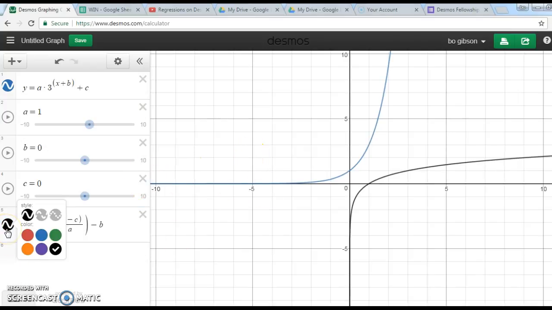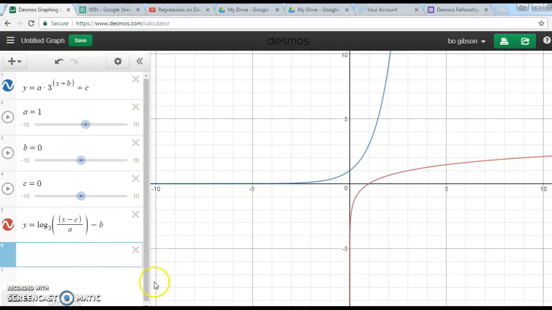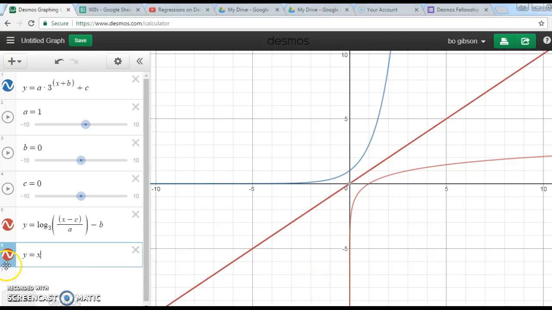And you notice I was very specific because I put the inverse. So we have a couple inverses up on the screen right now. And we all know that inverses are reflections of each other over the y equal x line. So maybe we put the y equal x line on there and we make it dashed. Okay, so this is a nice way to illustrate, kind of drive home the point of